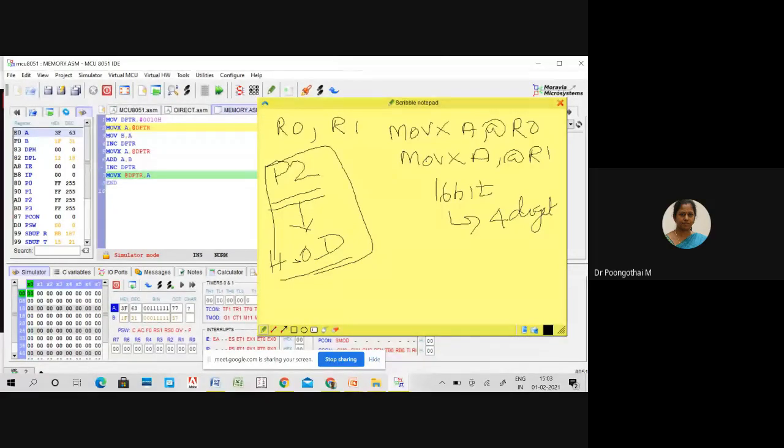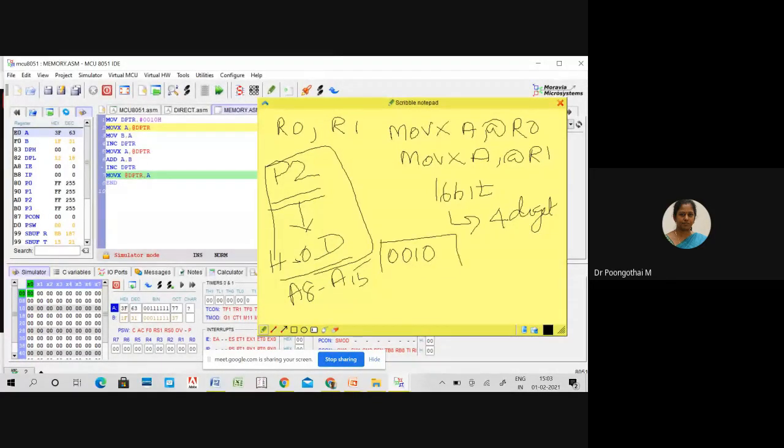When external memory is connected to 8051, your P2 acts as a higher order address bus, that is A8 to A15. It's configured as the higher order address bus and will carry address information. Suppose your memory accessing address is 0010.